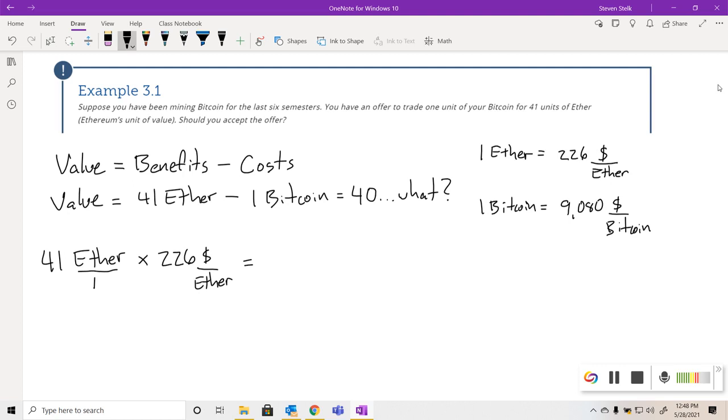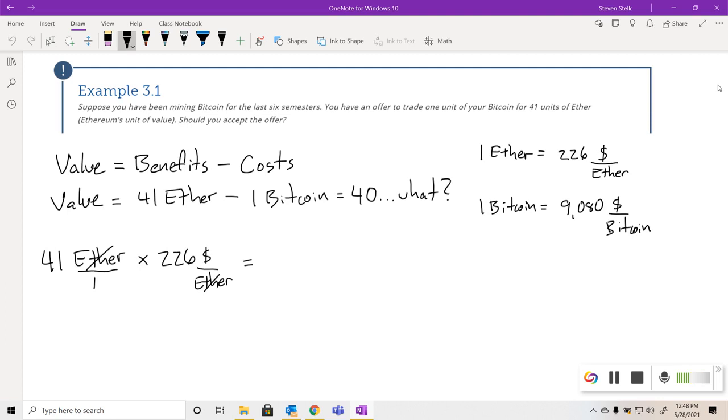But the reason I want to write it as a ratio is so we can see what happens when we multiply it by the $226 per unit of ether. With the 41 units of ether, I've got ether in the numerator here, in the units, and with the $226 per unit of ether, I have ether in the denominator. So when we multiply these two things together, ether in the numerator and ether in the denominator will cancel out